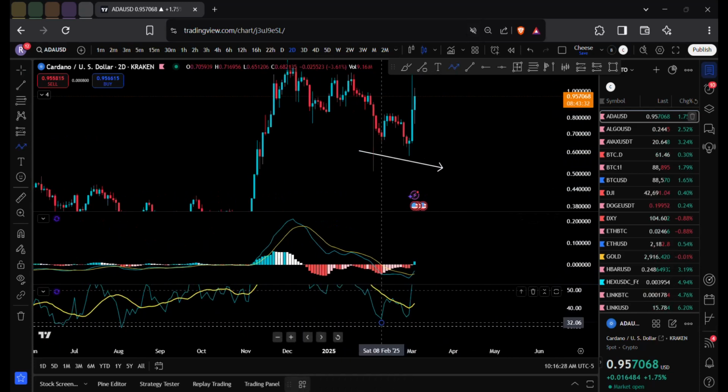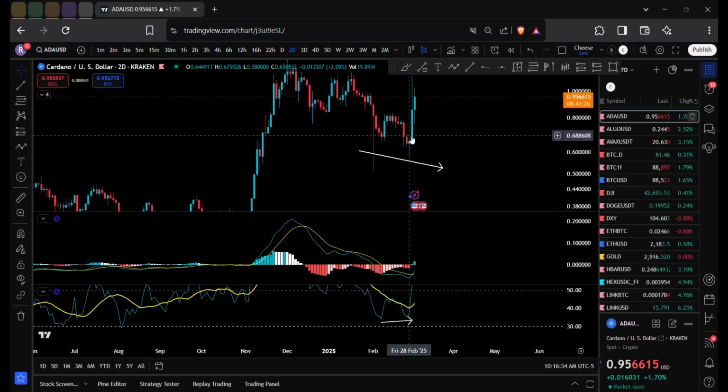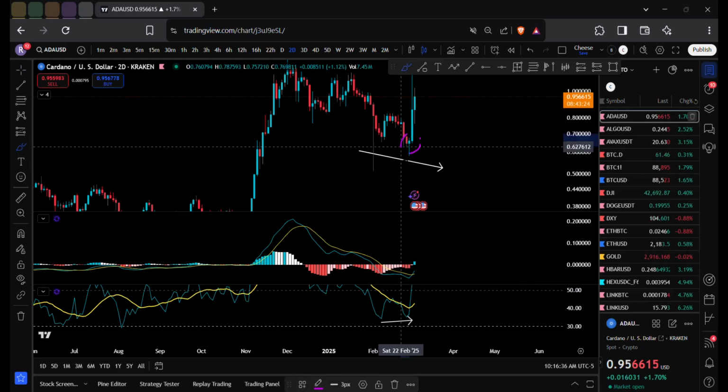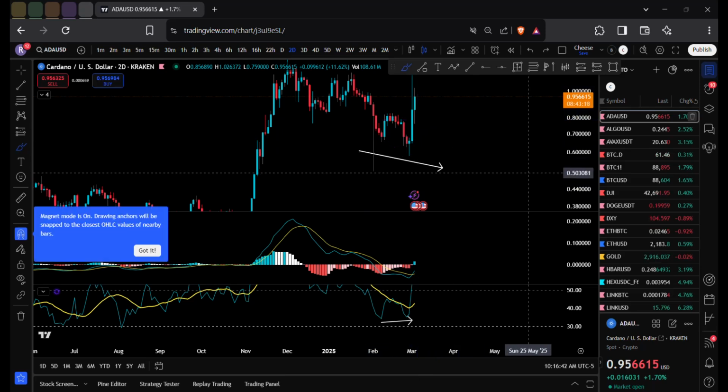This is going up. You should have caught this move here on the 26th, anywhere around here, right? RSI was telling you we're going higher. This is going lower. I knew this, it's clear as day, damn it.